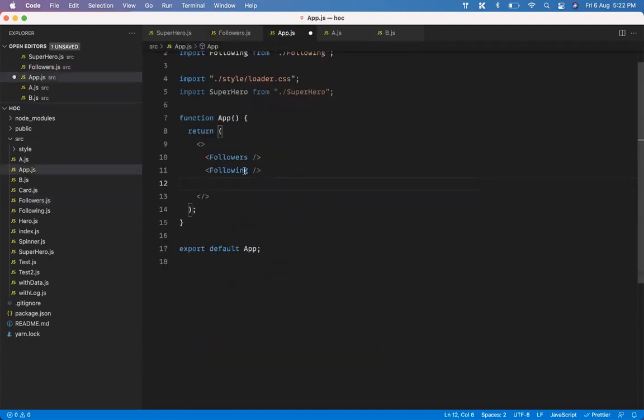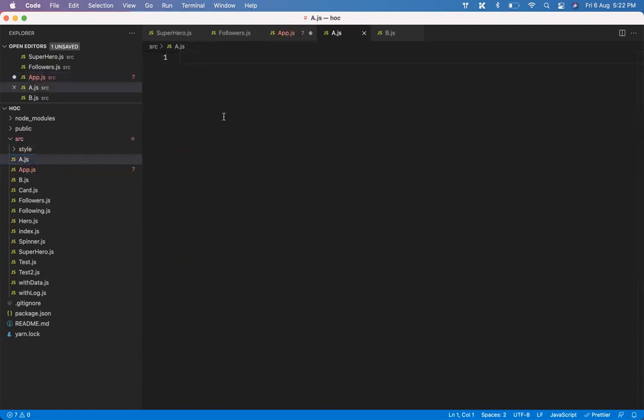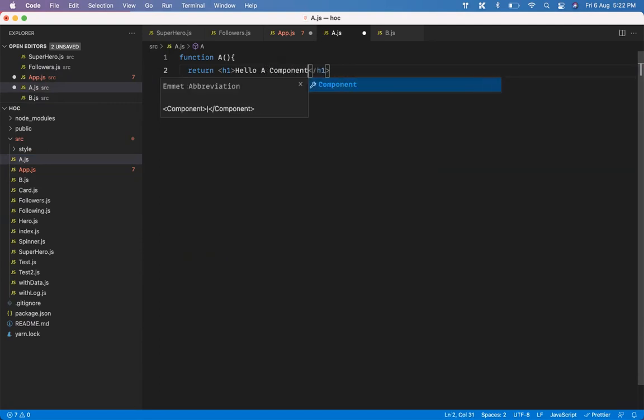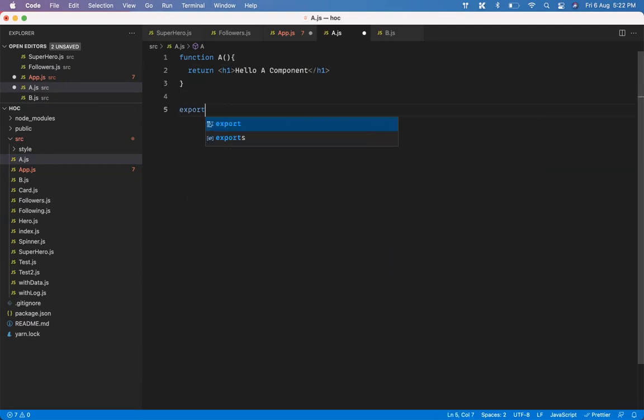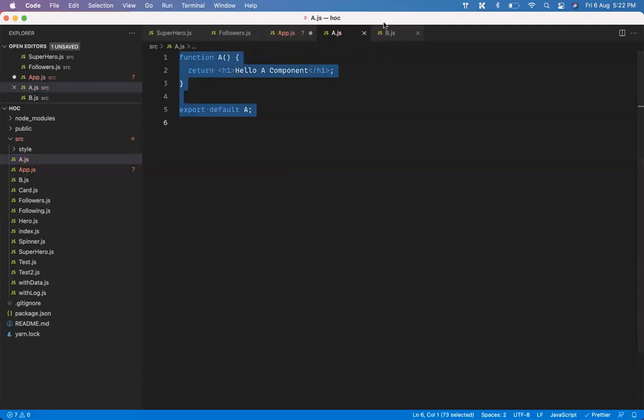And here I'm just going to render a component. So let's call it a simple function component. So this is your A component.